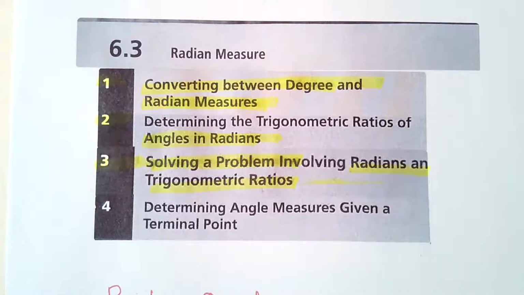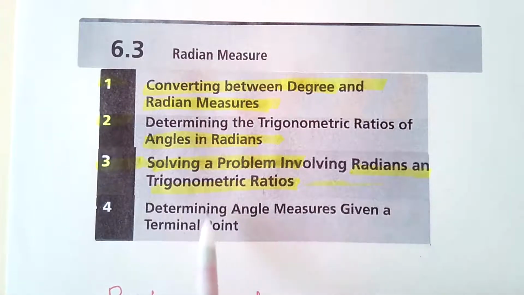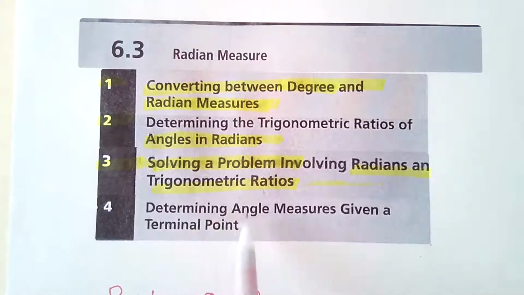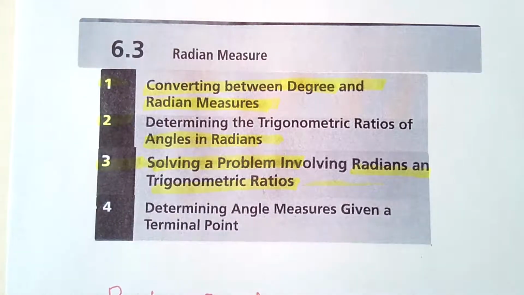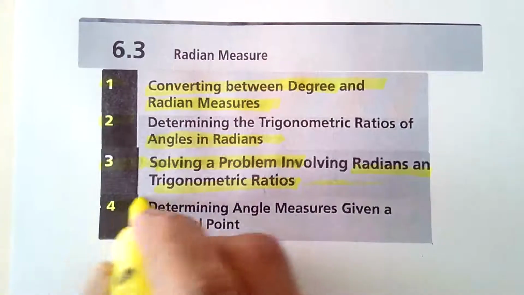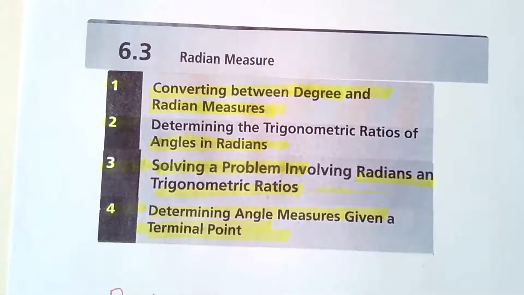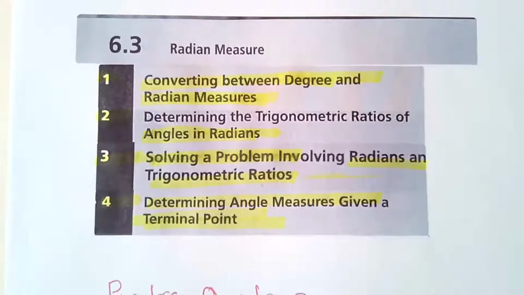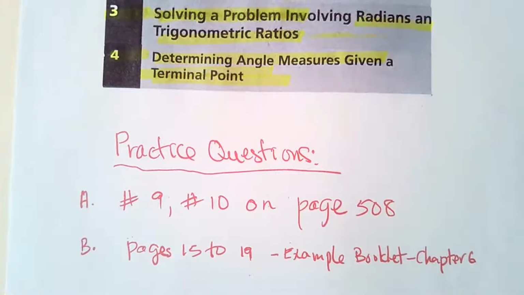We'll conclude 6.3 by looking at determining angle measures given a terminal point. So this is the fourth goal of 6.3, looking at radian measure. At the end of the lesson, you will